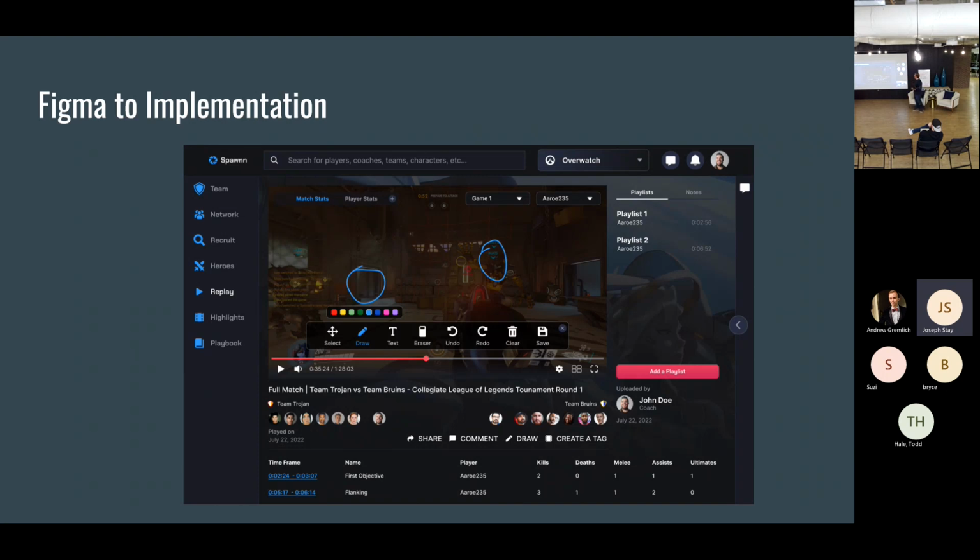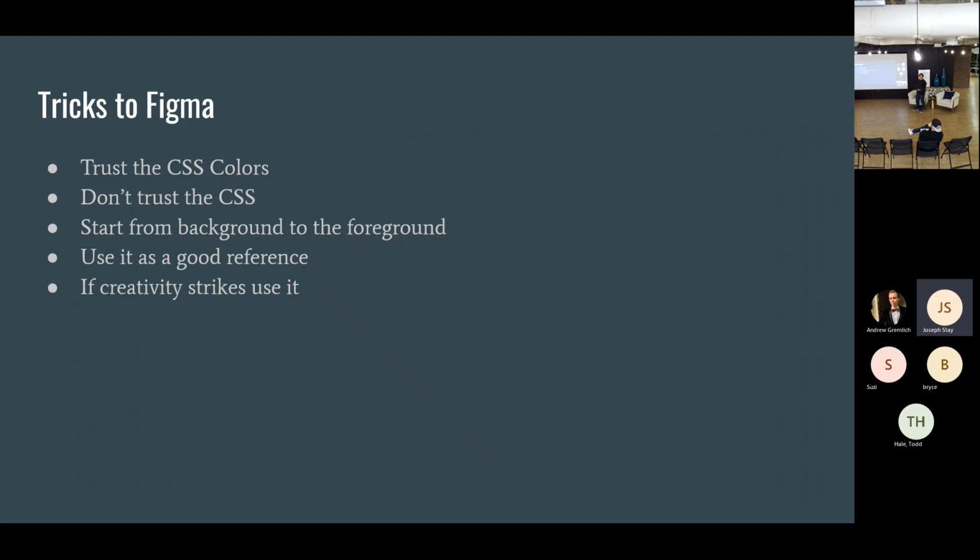And yeah, same with the CSS and that way. Another one is to just use it as a good reference point, that it is not an end-all be-all design. Especially on the last one, if you have some creative juice in you at that point, go all out. The worst comes to worst, you can make it back to the Figma. But if you're feeling good about what you're designing, I would say go for it.